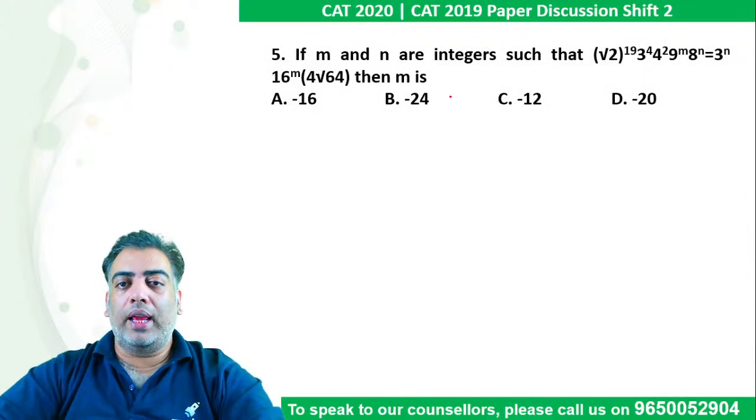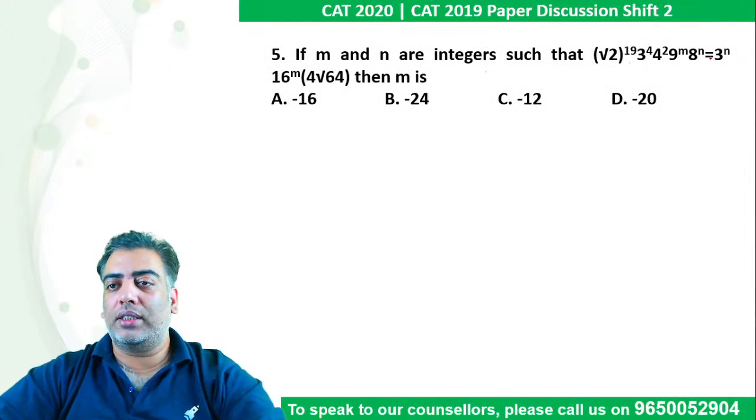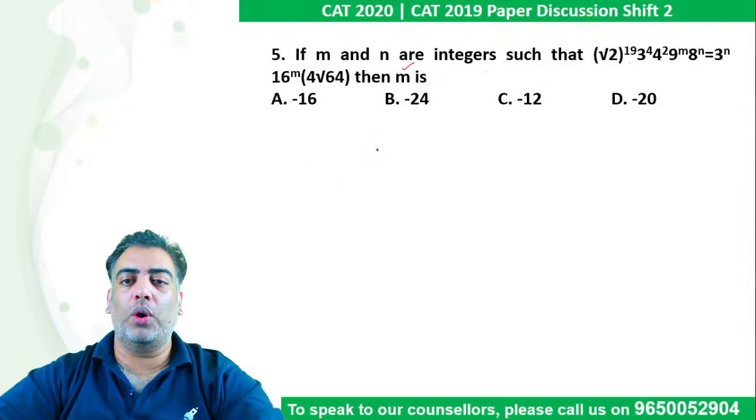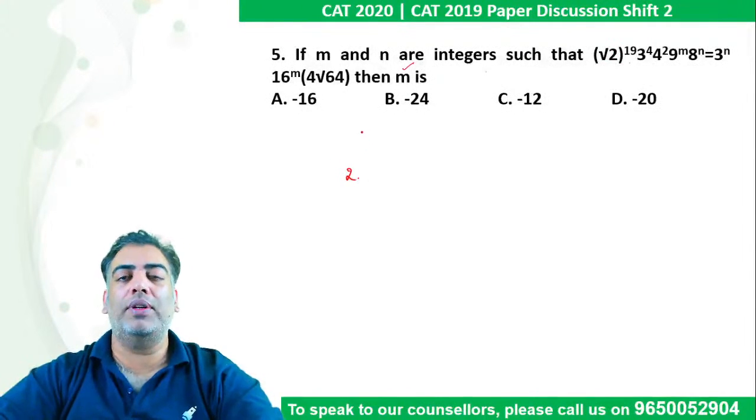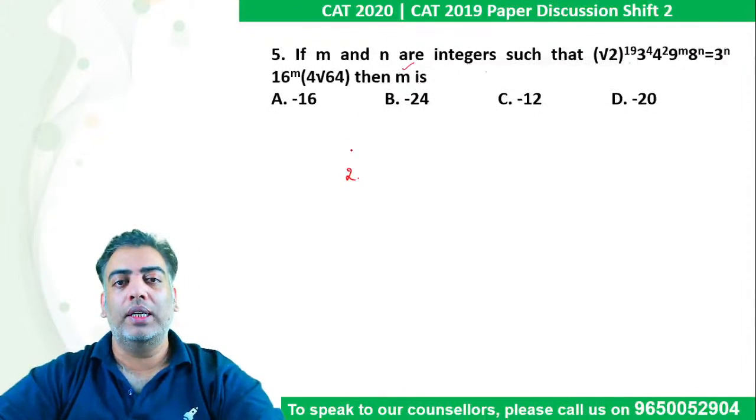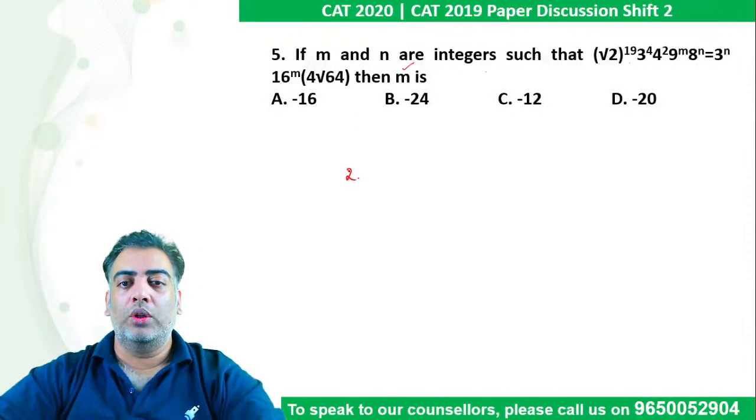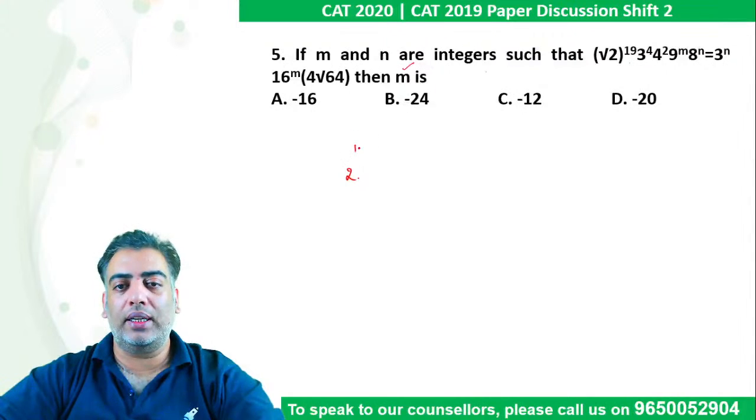If m and n are integers such that this is equivalent to the product of all these, then m is. In order to solve these kinds of questions, we always have to prime factorize the number, and then we need to equate the powers of the same bases. So root 2 raised to power 19 is as good as 2 raised to power 19 by 2, plus